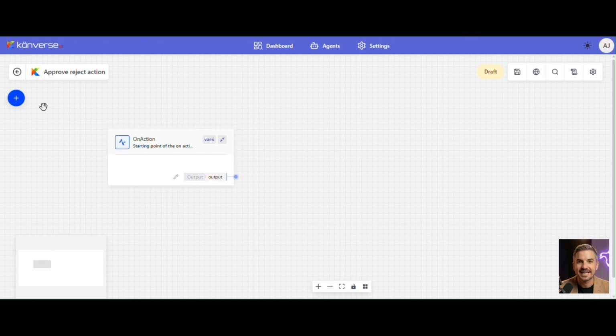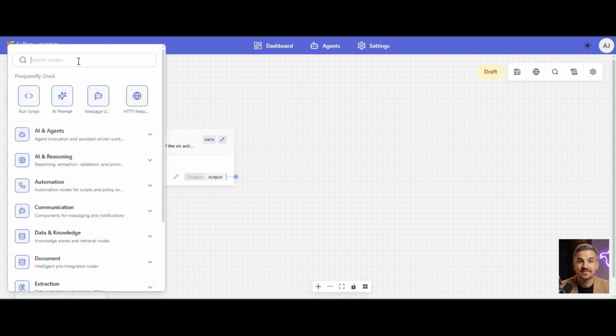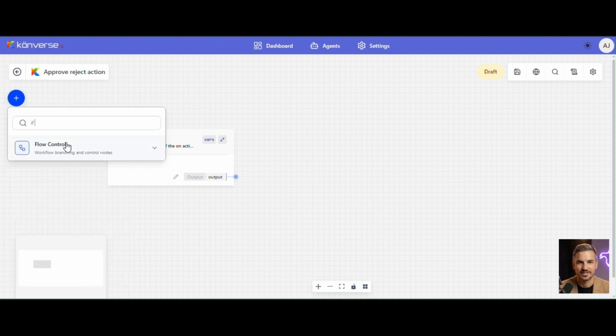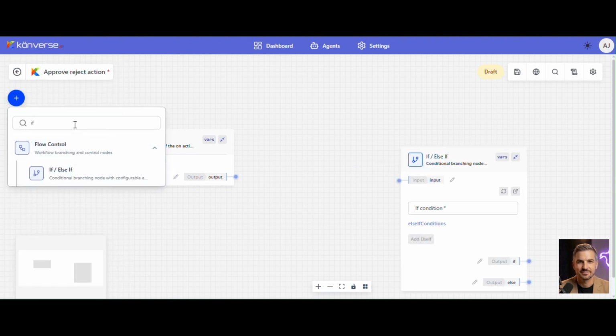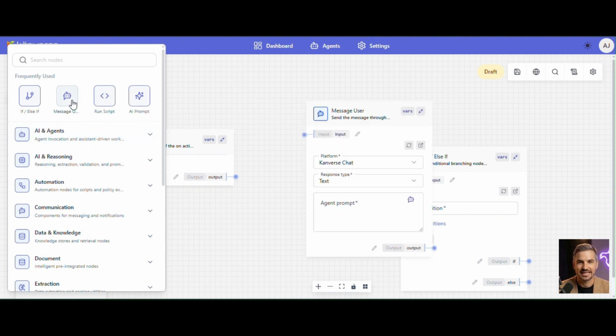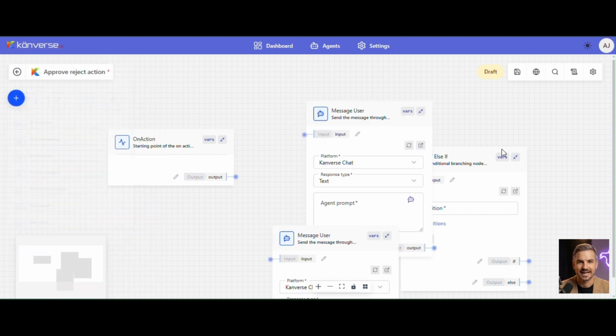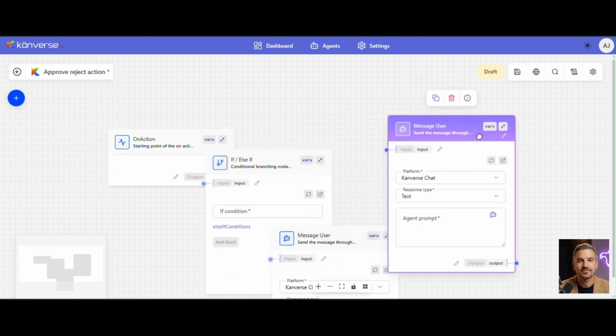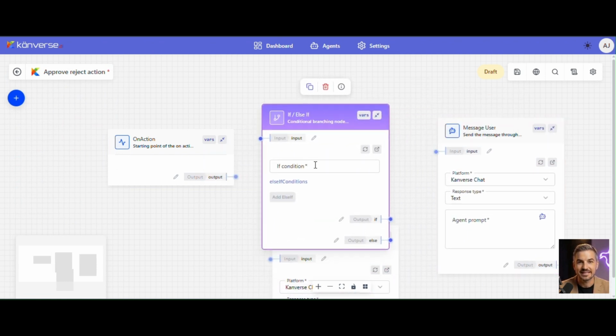Now, inside the static action, you will create the logic. You can add an if-else node to check what action was received. Now add two message user nodes and connect the if output with the input of one message user node and connect the else output with the input of another message user node. In the if condition, add conditions such as